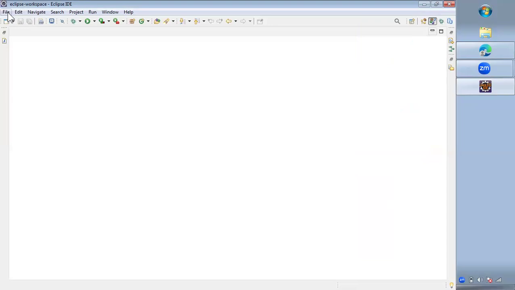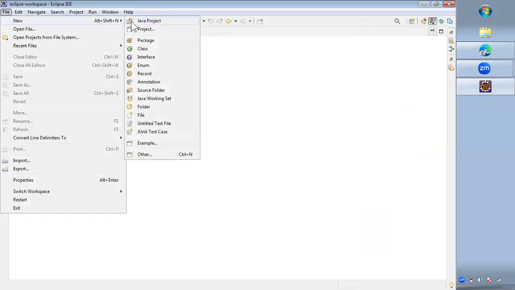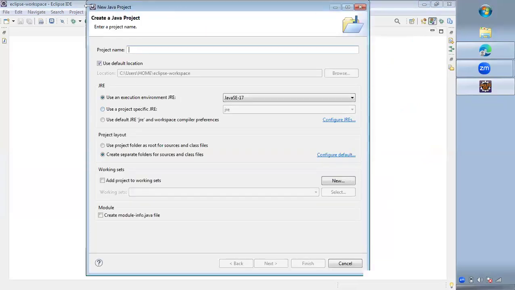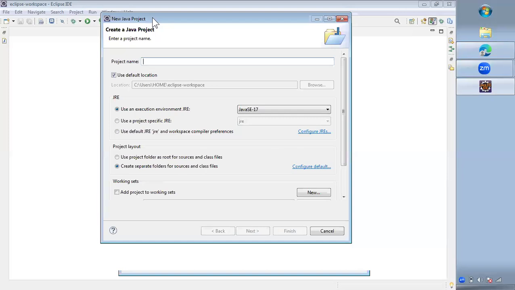So to create a new project, here you will be finding in the menu bar different options like file, edit, navigate, search, project, run, window, help. So I'm going to file here, new, and then Java project. So you can click on file, new, Java project. And when you click on Java project, you will be getting a create new project dialog box, and here you can provide the